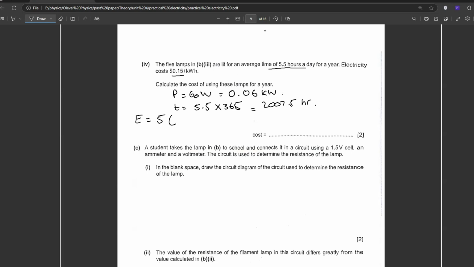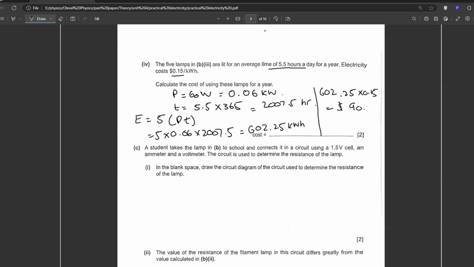Okay. Now you have to first of all calculate the energy for 5 lamps. 5 times power times time. 5 multiplied by 0.06 times 2007.5. Let's calculate this. The energy comes out to be 602.25 kilowatt hours. And 1 kilowatt hour costs what? $0.15. So how much will 602.25 kilowatt hours cost? 602.25 multiplied by 0.15. This comes out to be